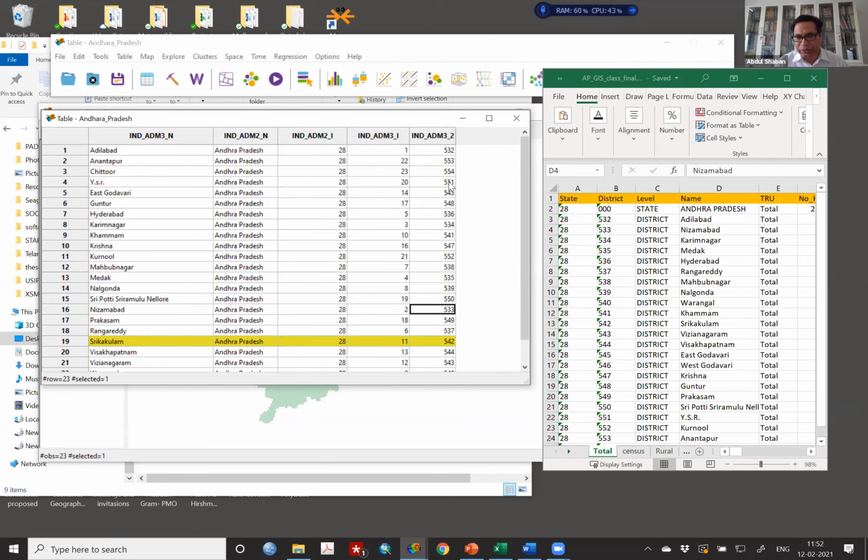All of you need to understand this is the key variable. India admin 3 basically is a district. This is where you will put the key variable, India admin 3. So 532 is matching here with the district because no other thing is matching.